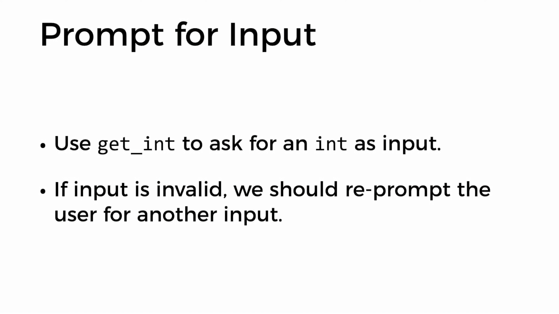So how are you going to do this? The first step of your program is probably going to be prompting the user for input, asking them to type in how tall or short they want their pyramid to be. In order to do this, you can use the get_int function defined in the CS50 library. The get_int function is going to ask the user to type in an int as input. And it's automatically going to handle dealing with users that type in input that are not integers. So if the user types in a character or a word, for example, get_int will automatically take care of rejecting that input and re-prompting the user to type in another number.